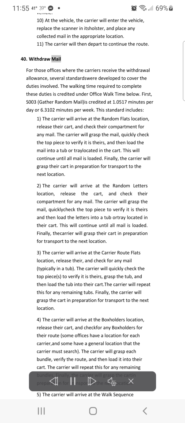Withdraw mail. For those offices where the carriers receive the withdrawal allowance, several standards were developed to cover the duties involved. The walking time required to complete these duties is credited under office walk time below. First, S003, gather random mail, is credited at 1.0517 minutes per day or 6.3102 minutes per week. This standard includes: